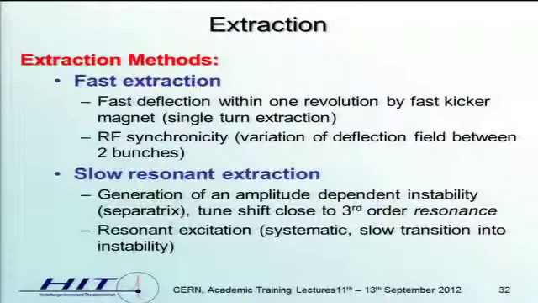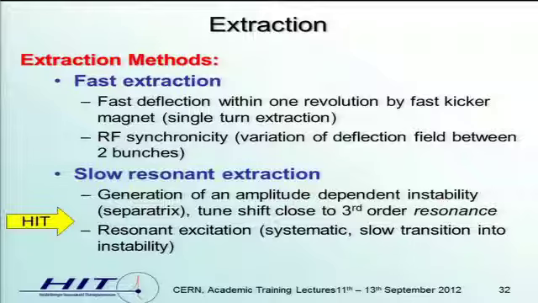Okay, then at the last point in the synchrotron, we have to extract the beam. In principle, there are two different methods. So you can kick out the beam by a fast extraction. You do that if you want to transfer a beam from one machine to another machine, or to have special experiments. But this is not our case. So what we have to do, we have to provide a DC beam, as I told you yesterday, and this is generated